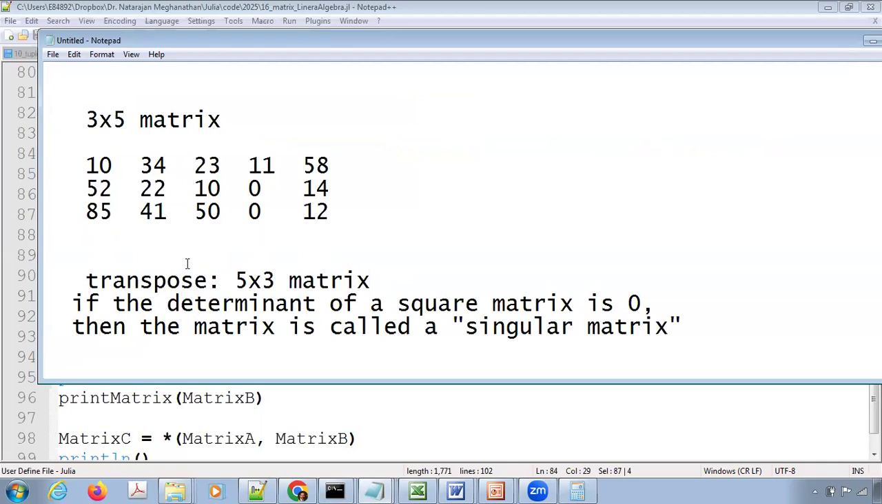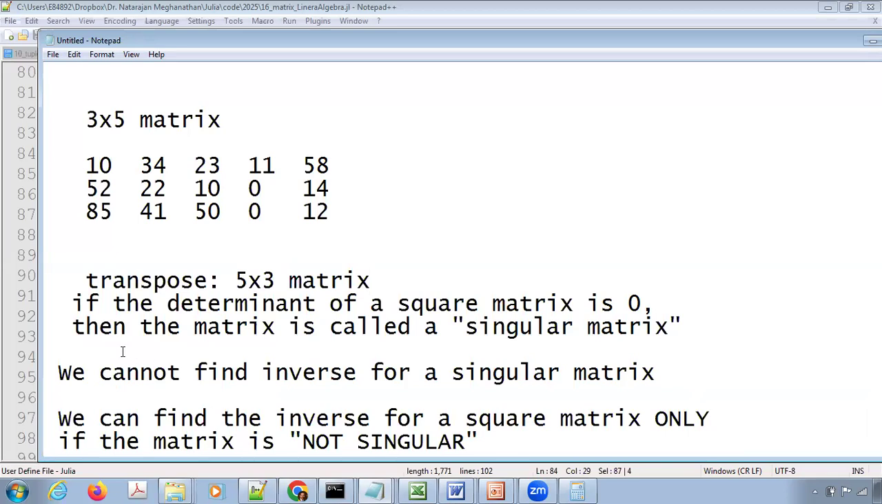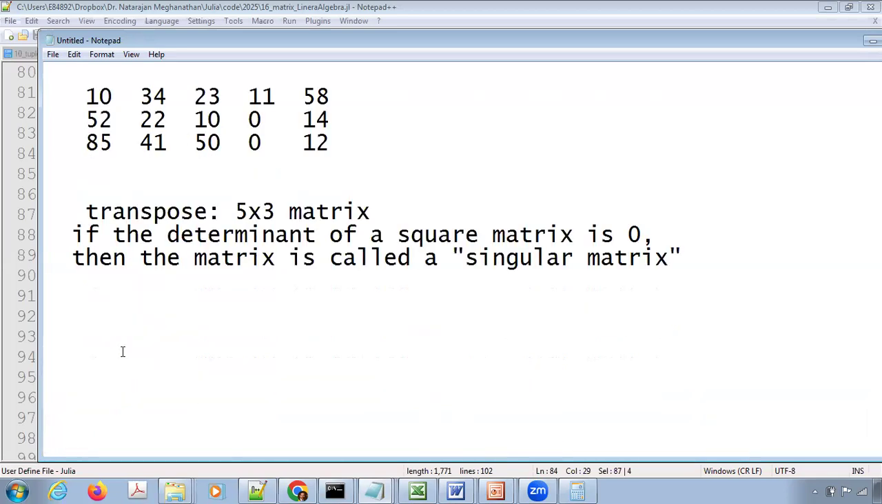So what are those 5 rows? The 5 rows will be the 5 columns of the first matrix. So that will be something like this. So the first row would be the first column, 10, 52, 85. The first row of the transpose will be the first column of the original matrix. Then the second row,